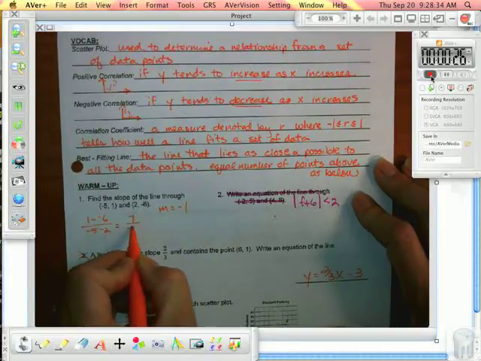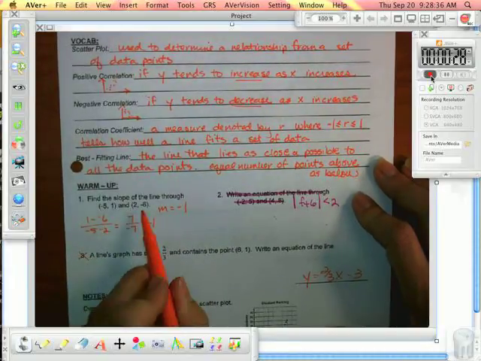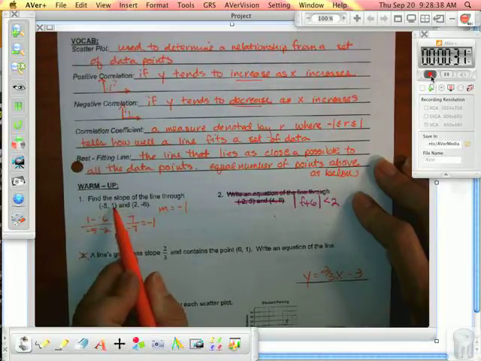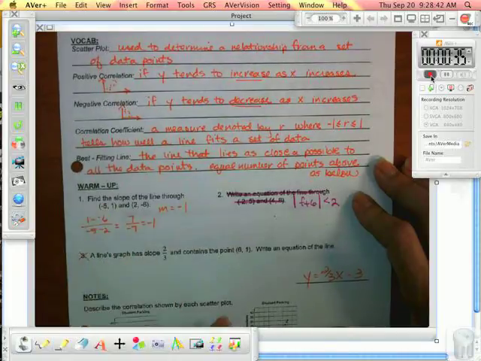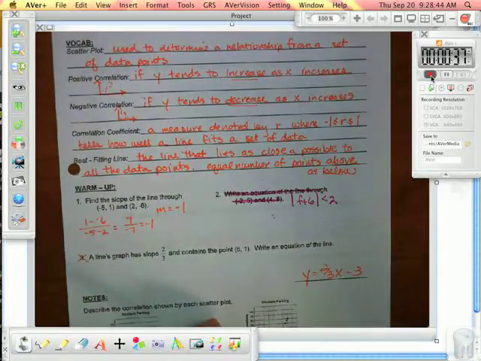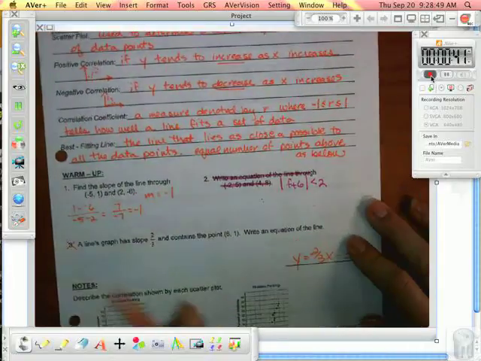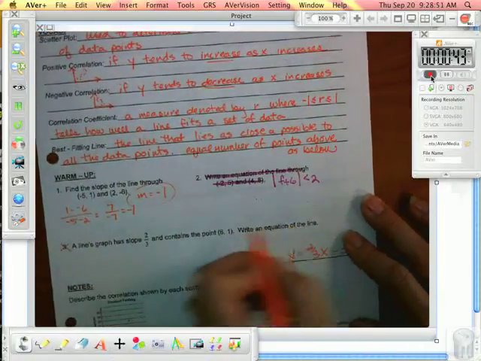7 over -7. If you go this way, -6 minus 1, and 2 minus a -5, you still get the same answer. Doesn't matter. Change in y over change in x. Doesn't matter which way you go. Okay? All right, the answer to this one, hopefully it went okay,